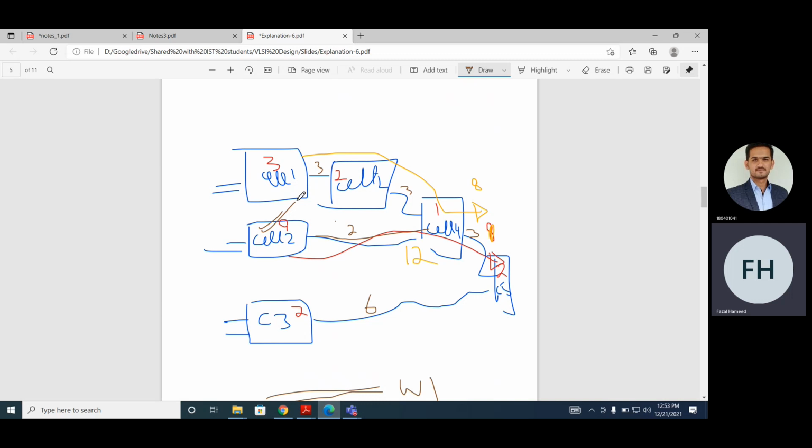Functionally, this cell provides the same functionality. The functionality is the same, but the implementation is different. The functionality being the same means, for example, if you have an AND gate, the output will always be 1 when both inputs are 1. The functionality is the same, but the implementation is different. So what are the changes in the implementation? We can vary the width and the length of the transistors.